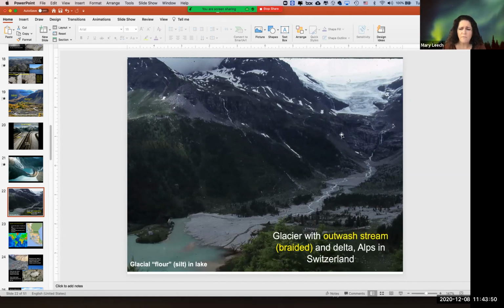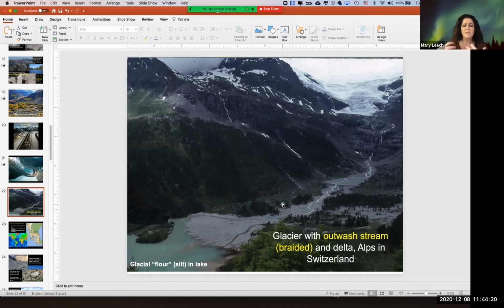It's kind of a U-shaped valley. There's the stream coming down. So the terminal moraine must be down here somewhere that is blocking the flow of this stream that's coming out of the glacier, right? This is melting, contributing this water. That's why it has this color to it, because it has the dissolved rock powder in it. And then a terminal moraine down here is keeping it from draining away.